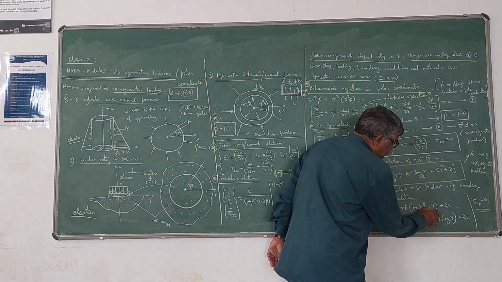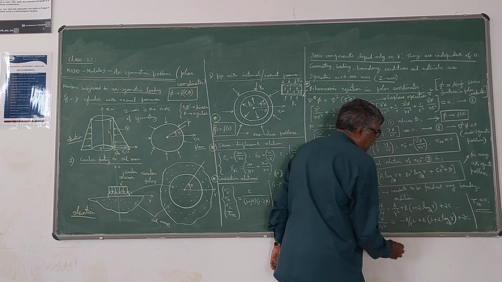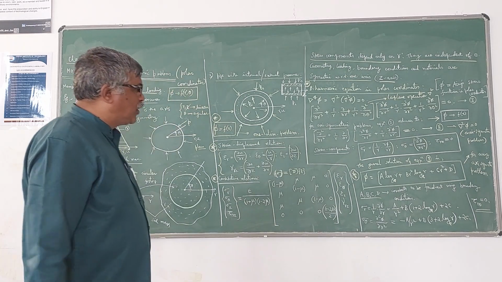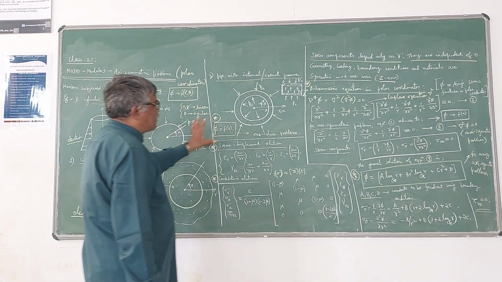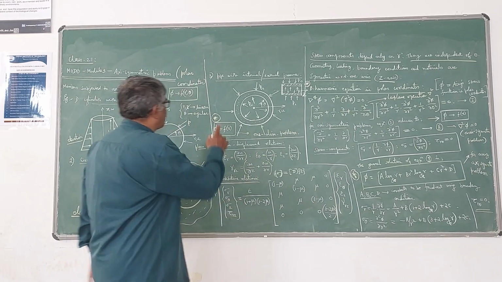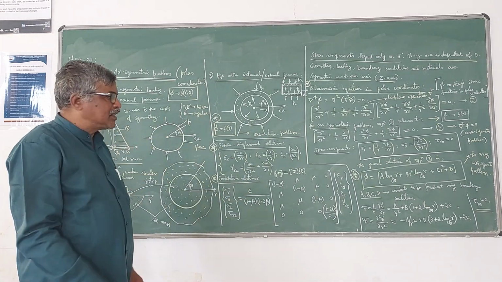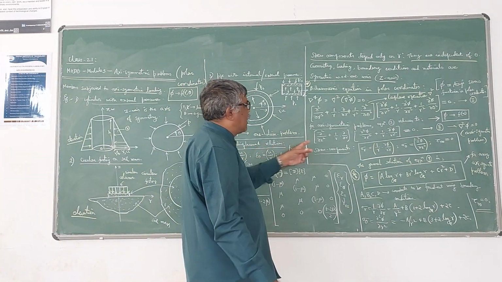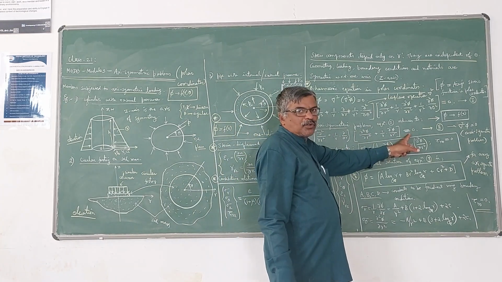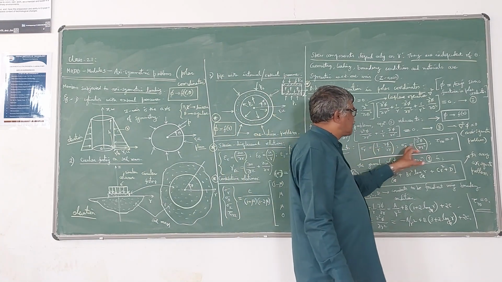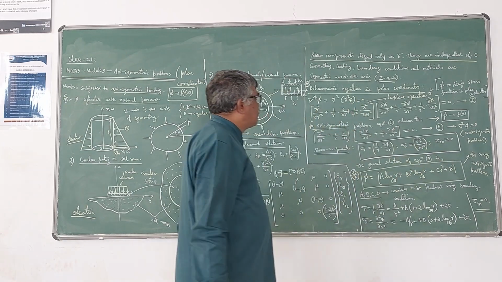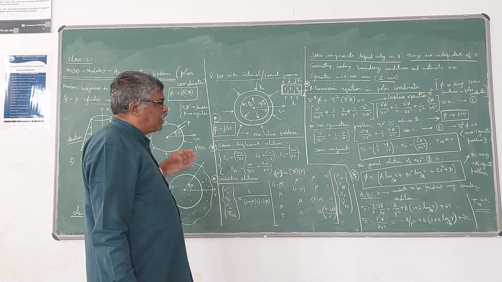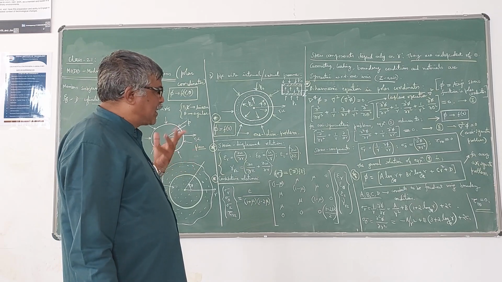So this is about the axisymmetric problem, which we are going to use in some practical applications. These are some examples of applications. To solve problems of these kinds in elasticity, we take them as axisymmetric problems, and this is the biharmonic equation we have to use. These are the stress components in the case of an axisymmetric problem. This is what I wanted to explain about the axisymmetric problem. Let us take one or two problems in the next lecture.